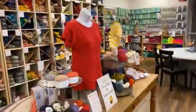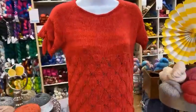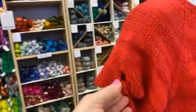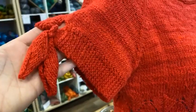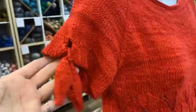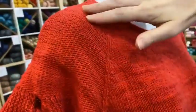Okay. So then we have the Lemon Spritz class. If you haven't signed up yet, it's not too late. It starts Saturday, July 1st and has multiple sessions to get you through all of the techniques required to knit this beautiful sweater. So you have the little leaf tabs on the sleeves, you have raglan shaping, knit side, purl